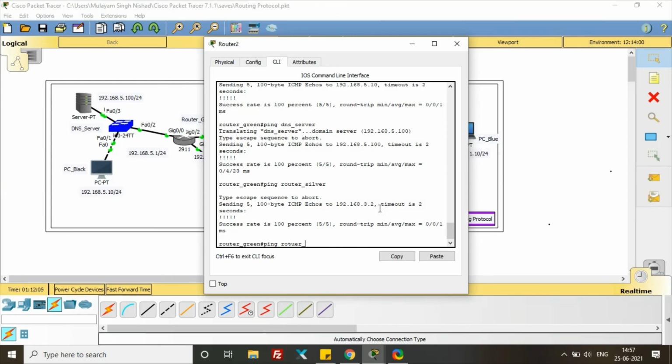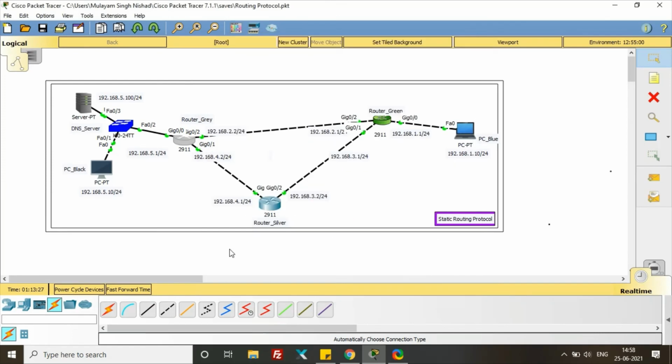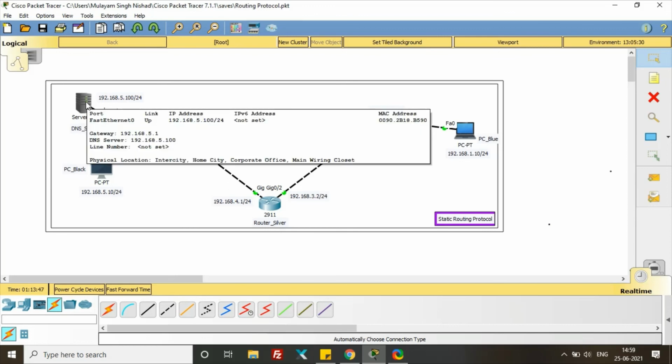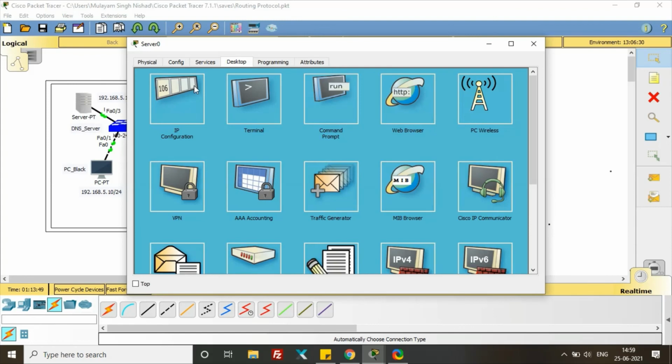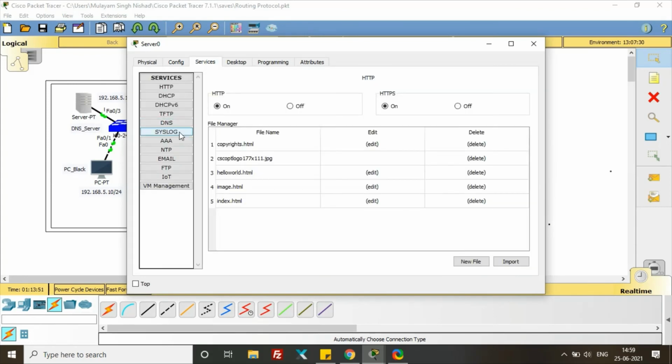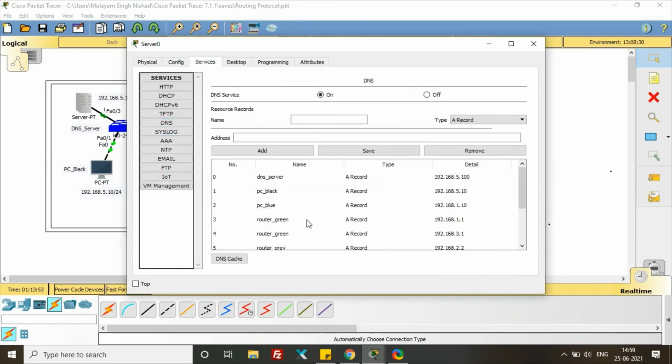If you have any question related to this topic, you can comment in the comment section below. And I think you are confused about how I am able to ping with the name instead of the IP address. It is because of the DNS server. I have configured DNS services in this server, and in the DNS server I have given all the names with the IP addresses.